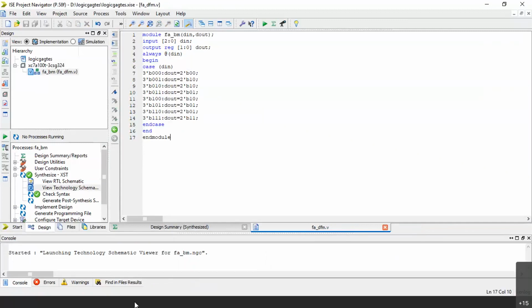Now let me try the last one, that is structural description. Let me completely copy the code. Copy the Verilog code.